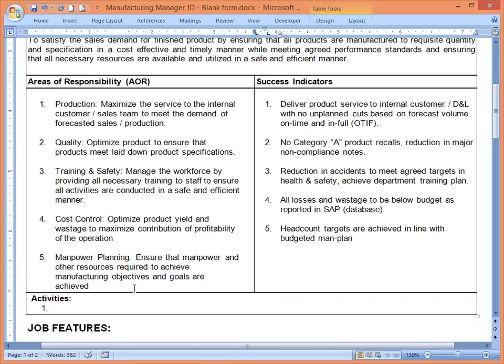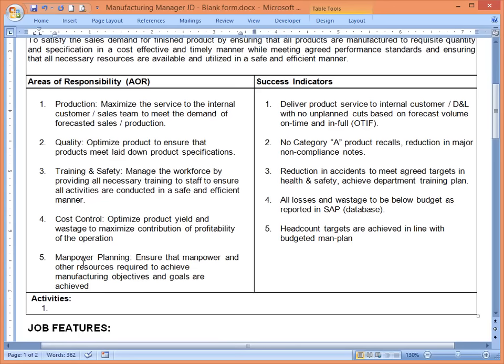Okay. Now we have the manpower. I think we can add more. I think for a manufacturing manager, this 1, 2, 3, 4, 5 is the only area of responsibility. I think the company will say, "Oh, I'm short changed here. You're a manufacturing manager and you have a high grade. You're a high ranking manager and you're handling 1,000 people and you're only giving me 5 areas of responsibility in